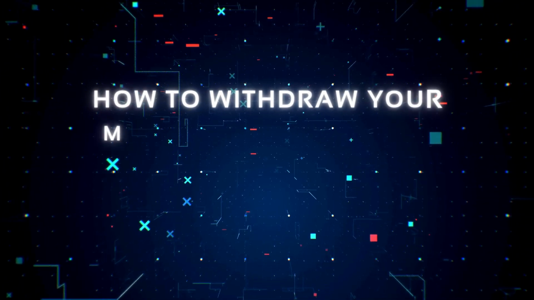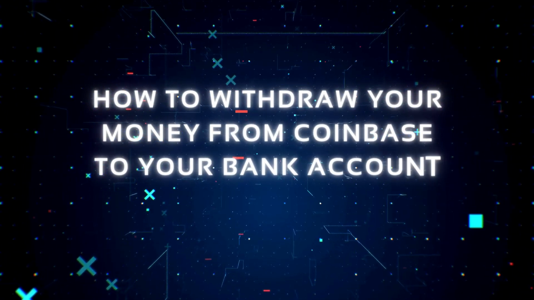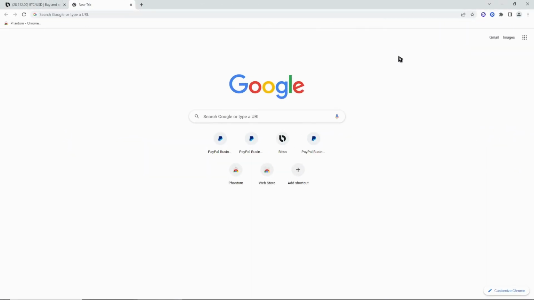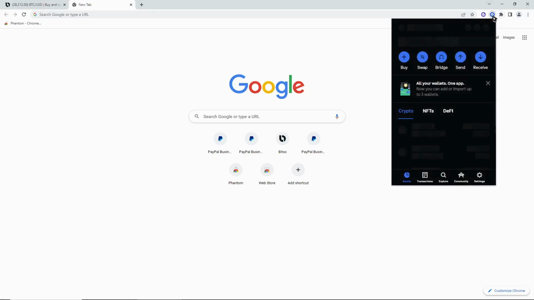Hi guys, today I'll be showing you how you can withdraw your money from Coinbase to your bank account. So let's get started. Here we are, and as you can see, I have my Coinbase installed right here